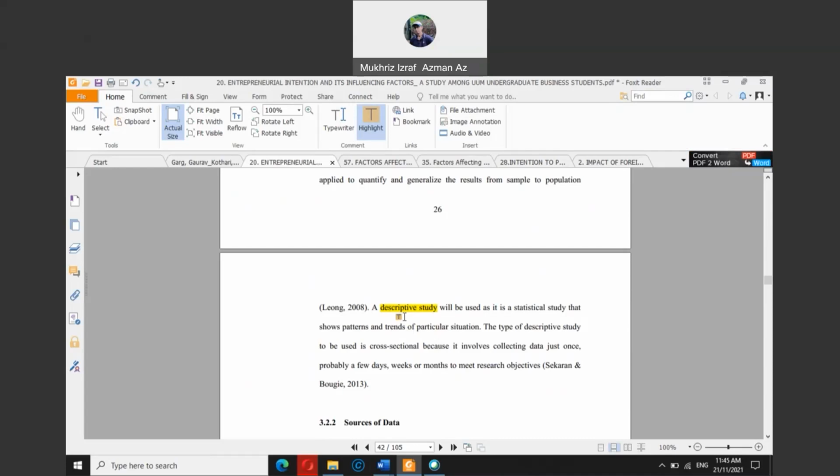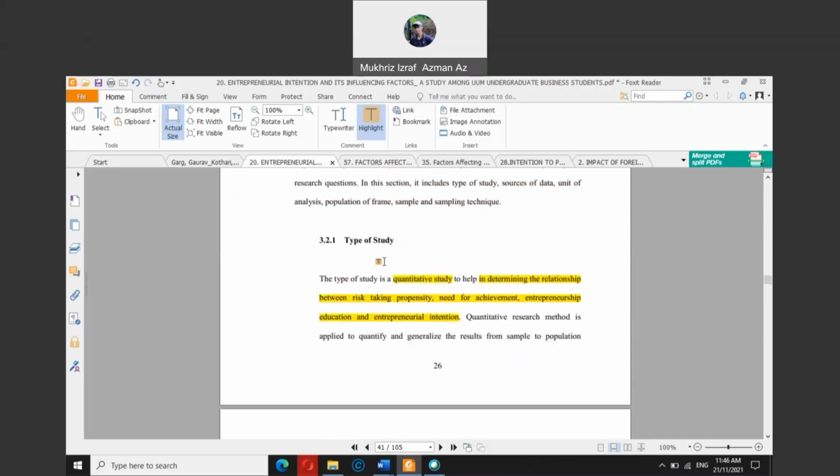So that is what descriptive study is. So basically, you are just describing the data, okay, without the use of any mathematical or statistical analysis to actually test whether you are testing the relationship between X and Y. Okay, so